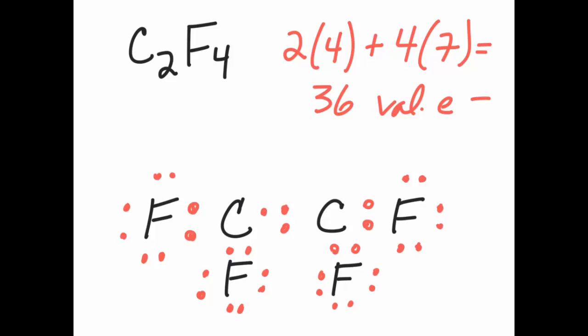Right. What if we put those last 2 electrons in as a double bond? Now the fluorines have 8, the carbons have 8, and we've created a legit Lewis structure. Nice job. Our next molecule is